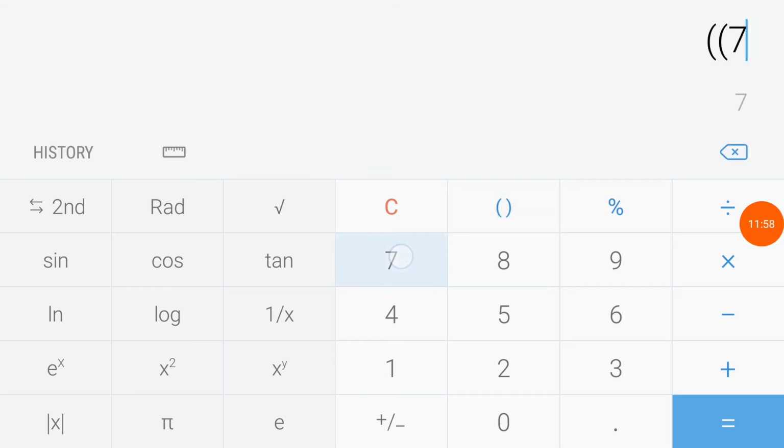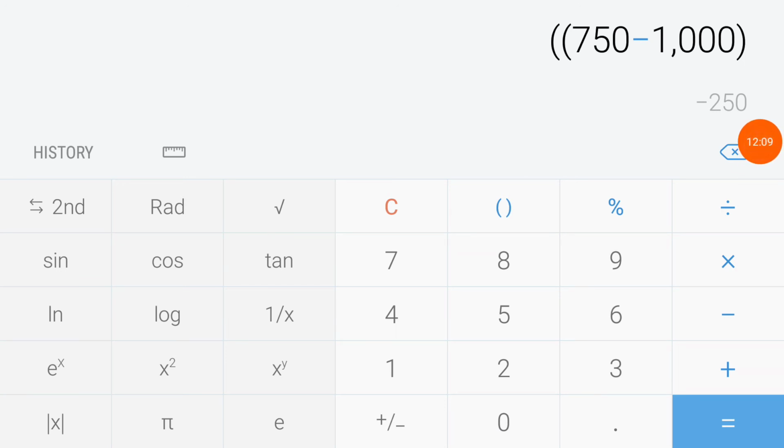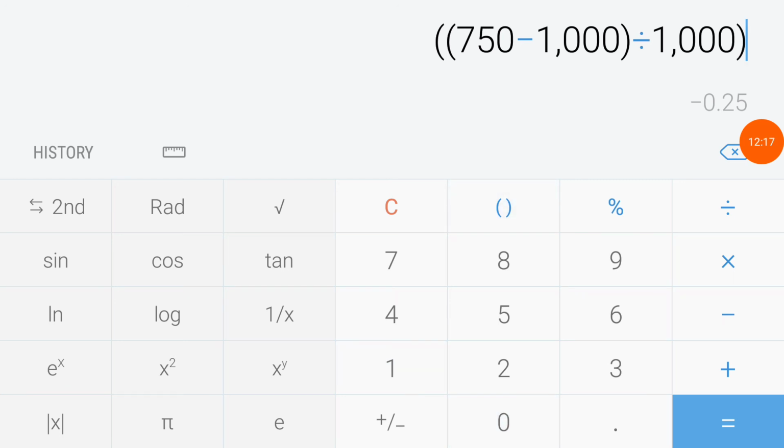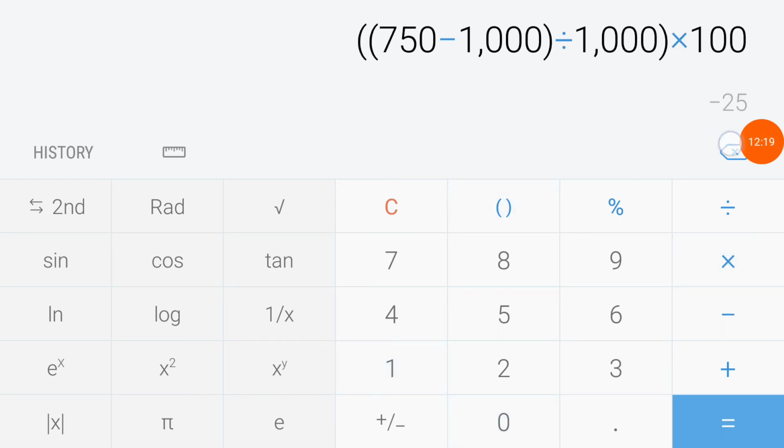So 750 minus 1000, that's a quick example, don't worry about it, it will not take you too much time. Then divide with the 1000, and then multiply with 100. So here you can see you get the result as minus 25.